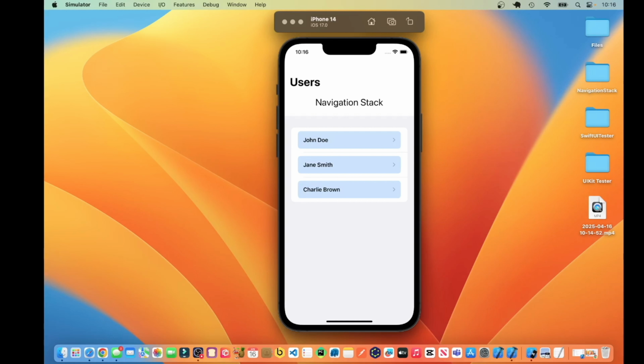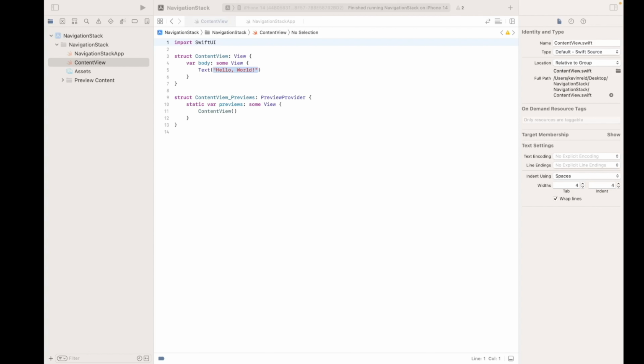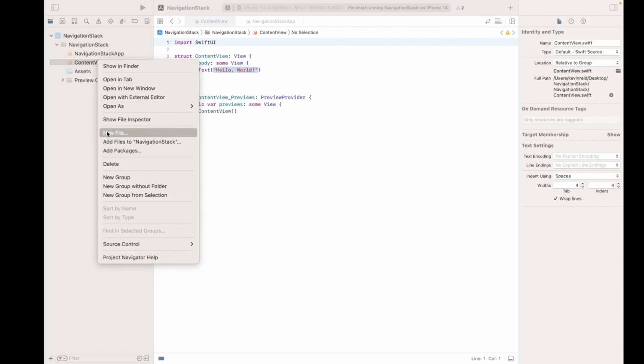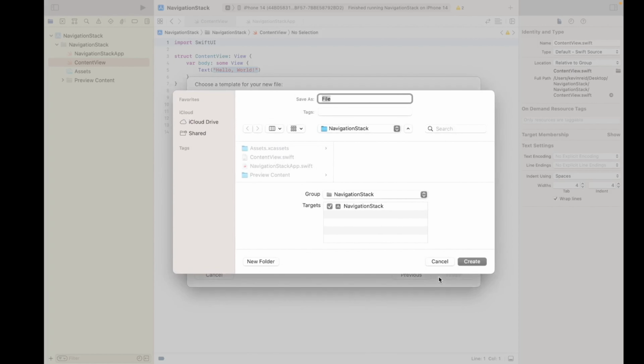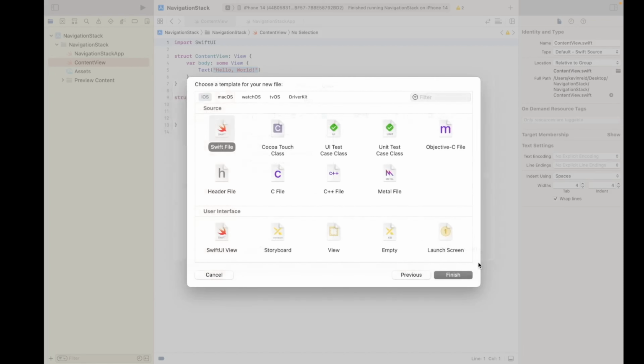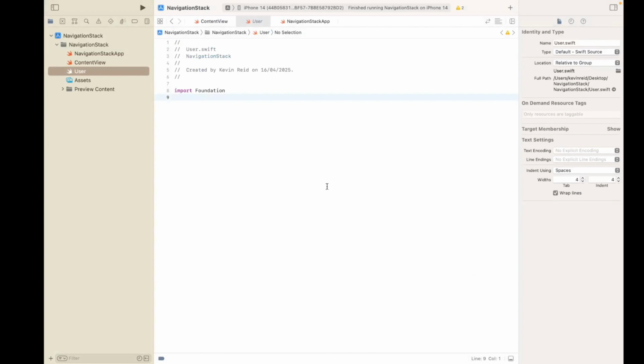The first thing we need to do is to create our user struct. This will allow us to pass the data into our navigation stack. So we need to create a new Swift file. Name the file user. Click on create. Enter the following struct user